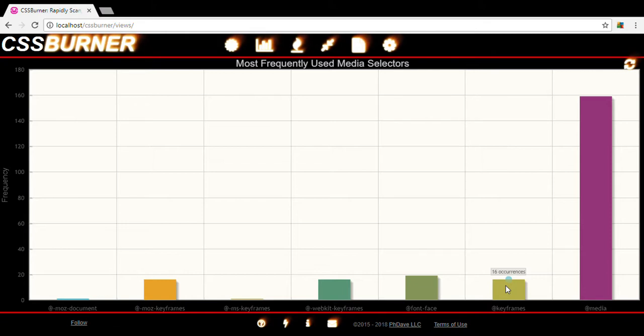That is, you should see an equal number of unprefixed and each prefixed version. And if you don't, that suggests that perhaps the authors of the style sheet just made a mistake and forgot to include one of the prefixed or unprefixed versions,